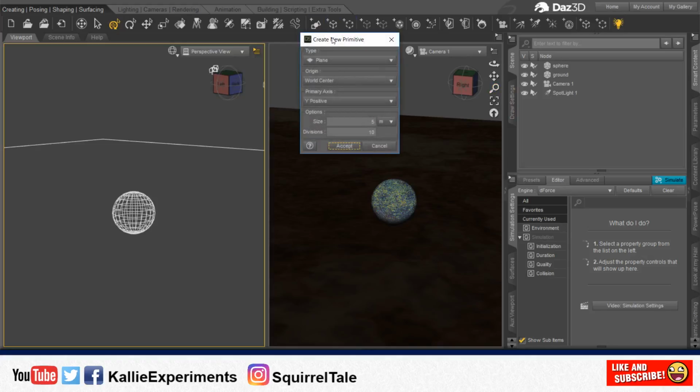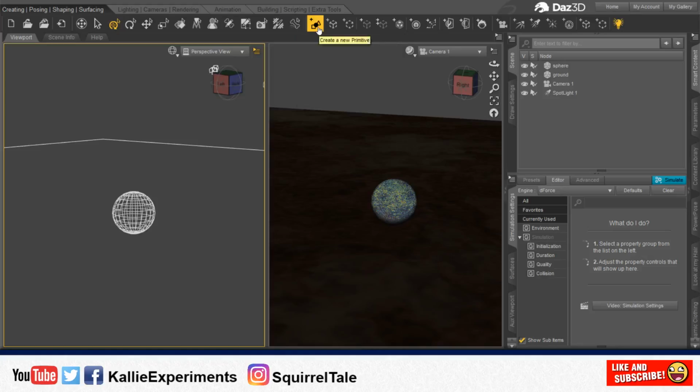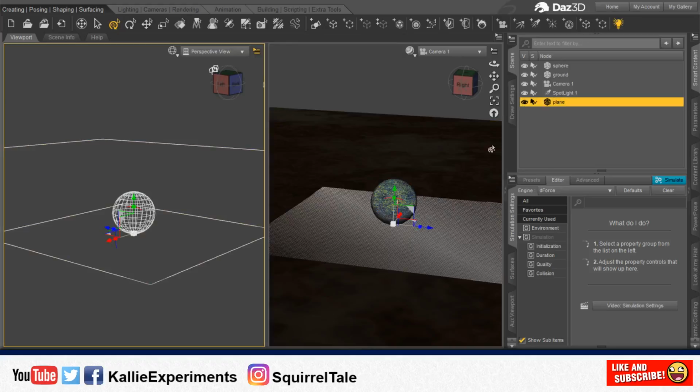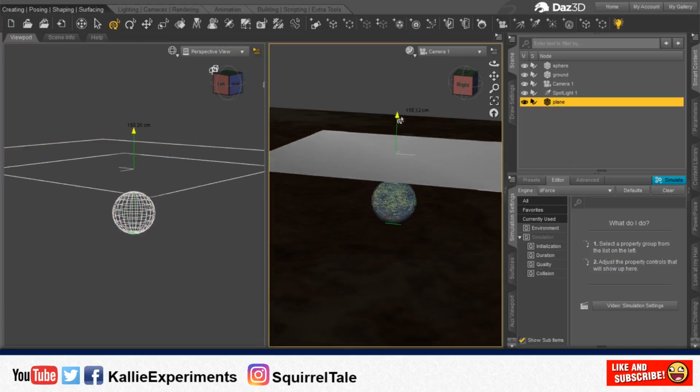So the objective is, I want to take a plane, using all primitive objects, except maybe the shaders, and create a blanket to drape over something. The first thing I'm going to do is create a new primitive, which is this little icon right here. Now your setup may be different from mine. The default is 1 on divisions, and I want to show you what happens. This is the norm of what happens if you've ever tried this. I'm going to raise this up,